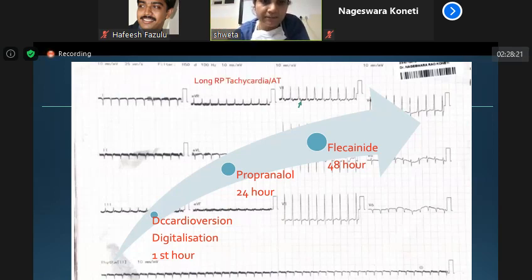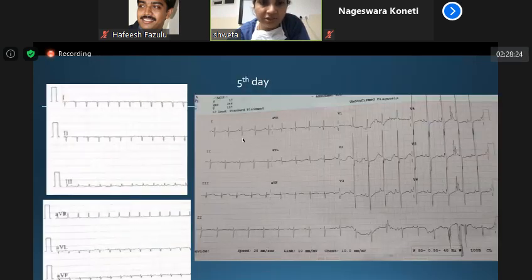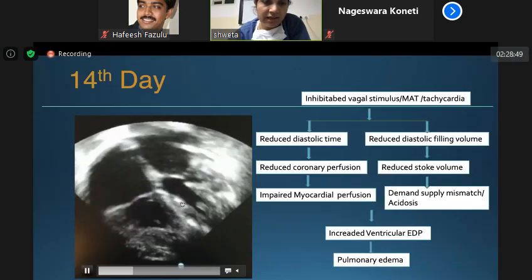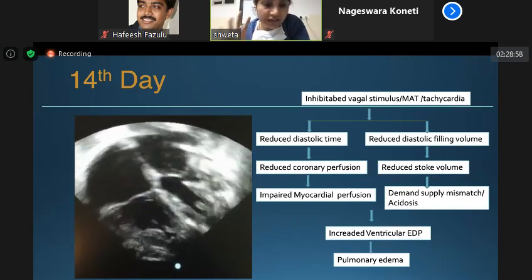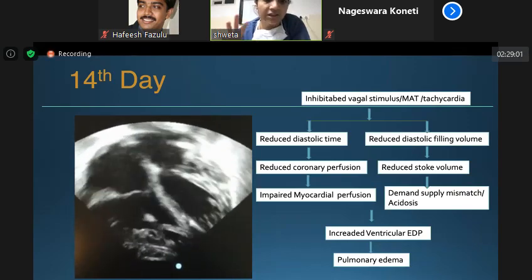After 5 days, now look at this ECG. It is positive in lead 1 and positive in aVF. That means it's a normal axis. And then again, it is inverted in aVR and positive in aVL. So that suggests that there is a normal sinus rhythm with the rate controlled now. And after 14 days, look at the ventricular function now, it's completely normalized. So it is very gratifying to identify tachycardiomyopathy, because if you control the heart rate, they do very well.